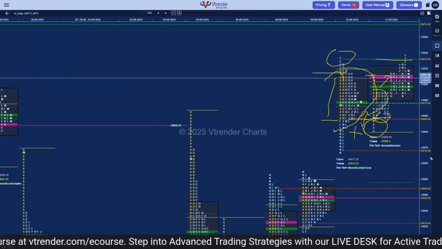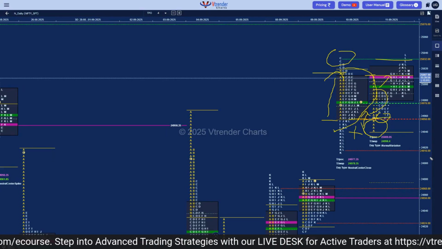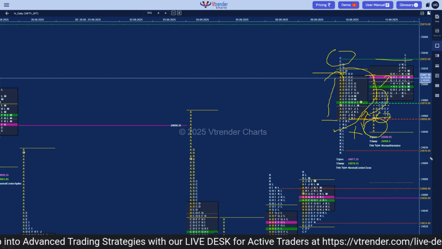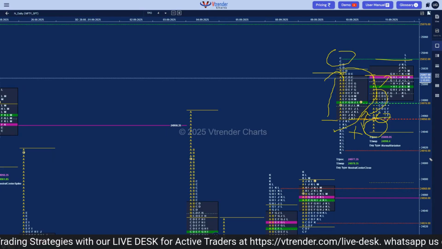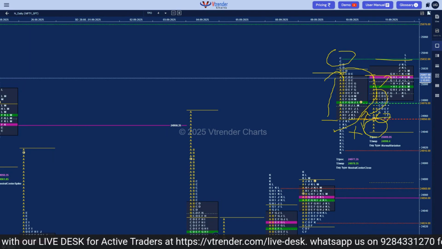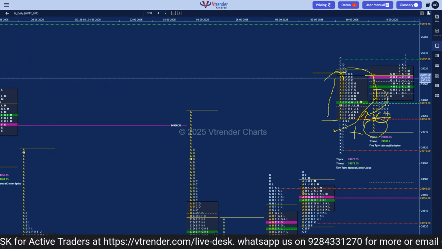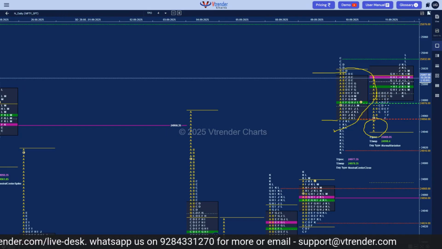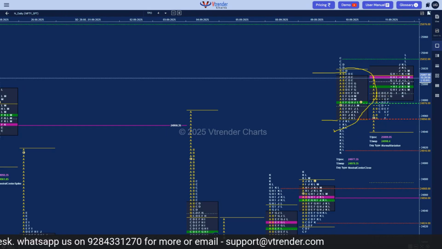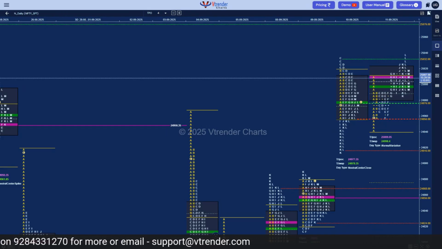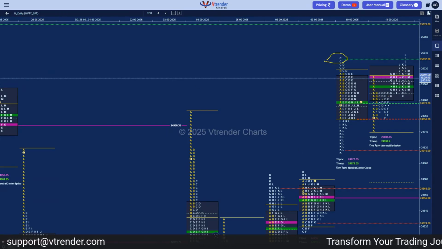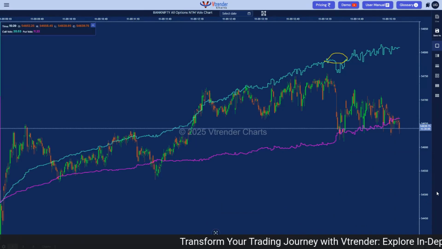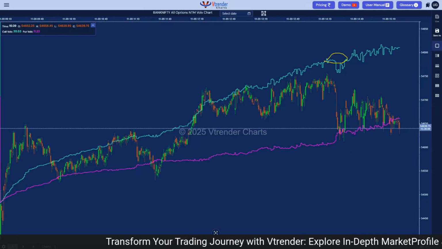So although it was an open auction in range and a narrow range day, yet again we remained in previous value. But what market profile showed us was that the auction rejected the probe below the previous value. So there was a very good chance of testing the previous high of the previous value and also the previous failed auction, which was caused by this C side extension. So this was the setup in market profile. And if we come back to the volumex chart,